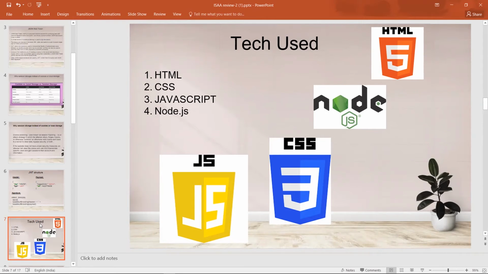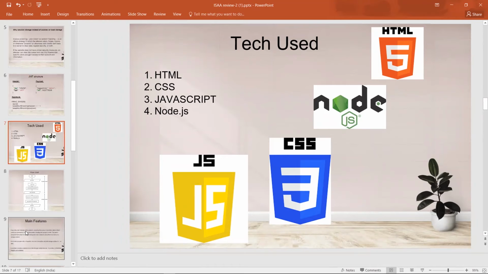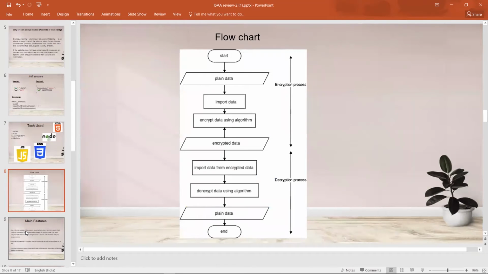Yeah, Kishan can continue. Yeah, thank you, Shubham. In this project, we have used different languages for developing the website. The technologies we have used are HTML for designing and CSS for styling the website. Then we have used JavaScript and Node.js to make the site functional. And for review 3, we will be adding further technology like blockchain for more security. So next page, please.